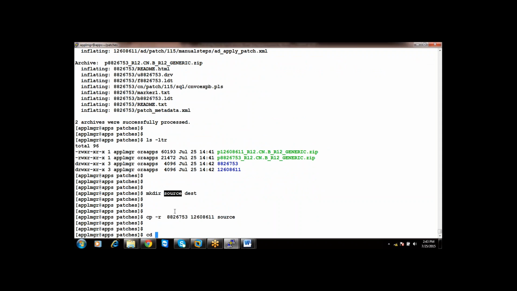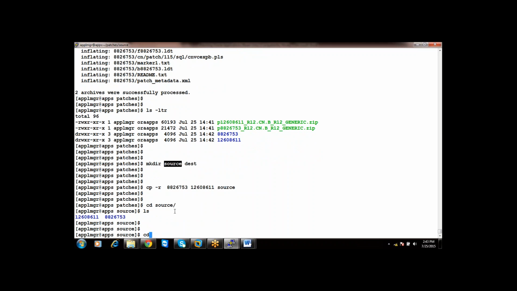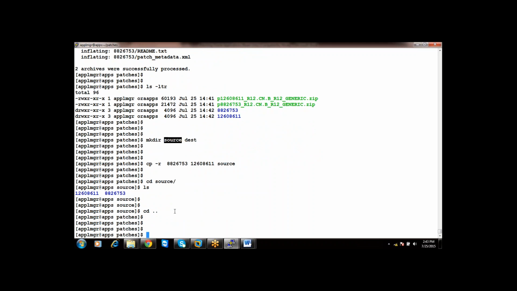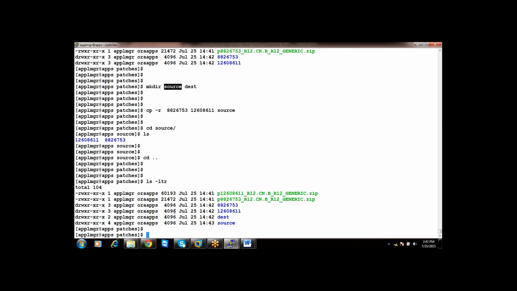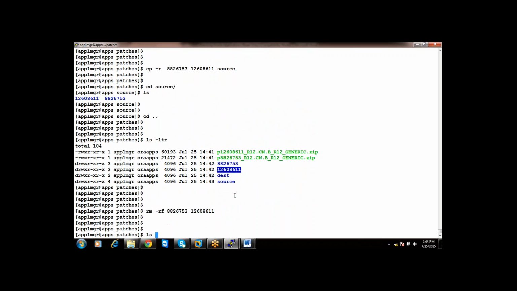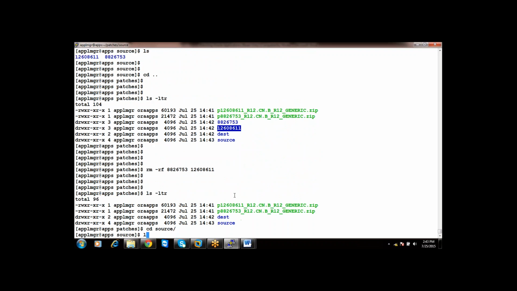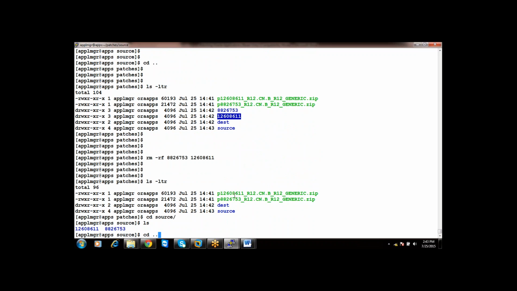If you see in the source directory, there are two patches, right? Now you can remove this, you'll get confused. So what have you done? You have unzipped the patches and placed them in the source directory, right?